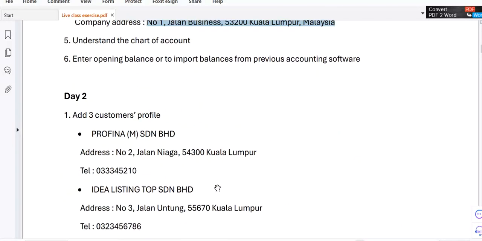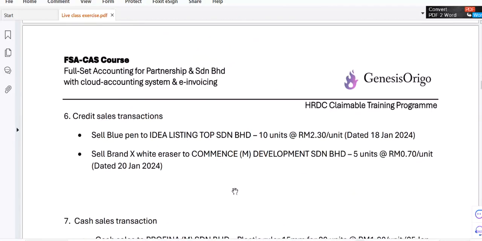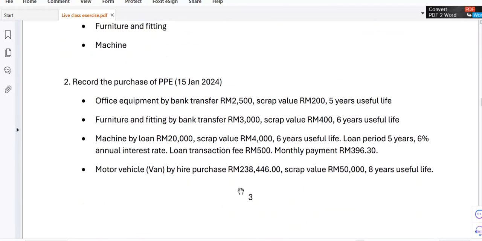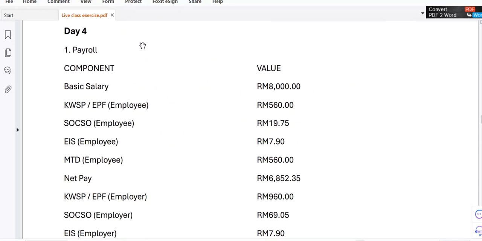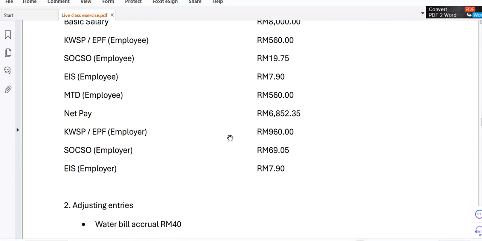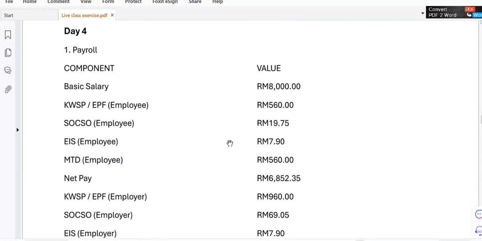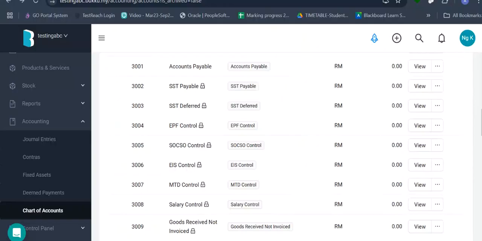Okay, let me give you day 4. I prepared already, assume you have only 1 employee. So day 4, we also register the name of the employee. I haven't thought of any here. Maybe you can put your name, maybe you can put my name. After that, we'll record this. We'll do this manually using journal. Okay, debit credit using journal. So you can see that.